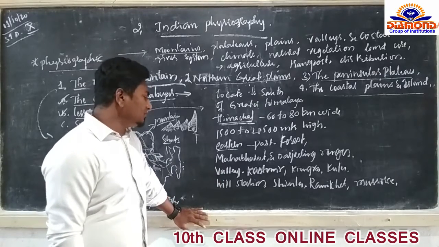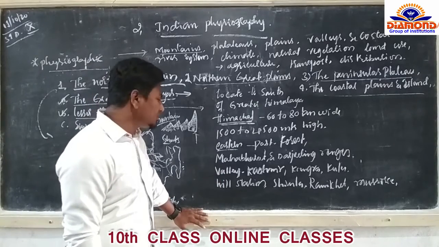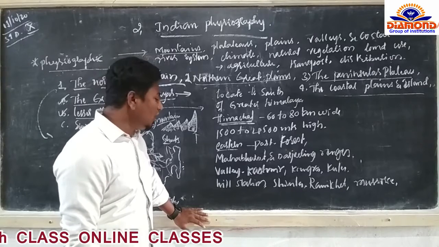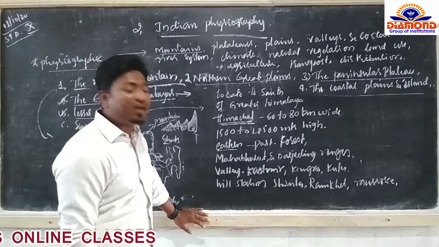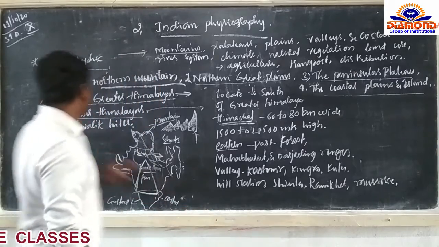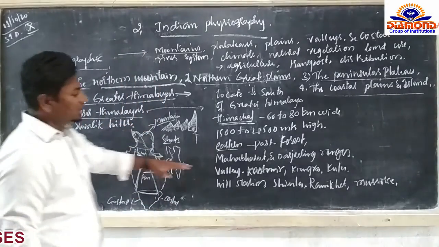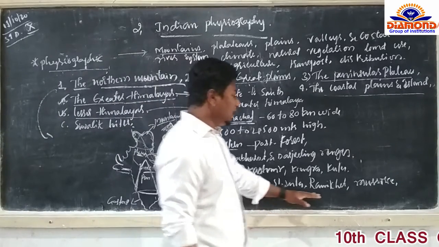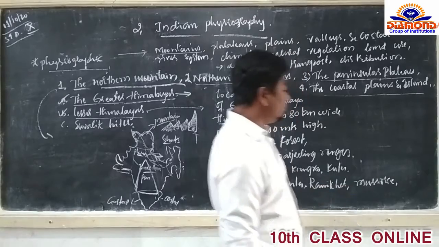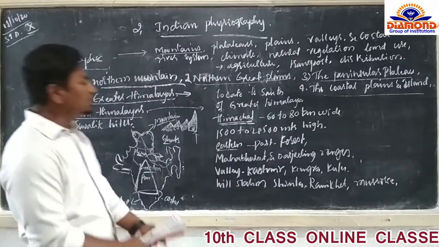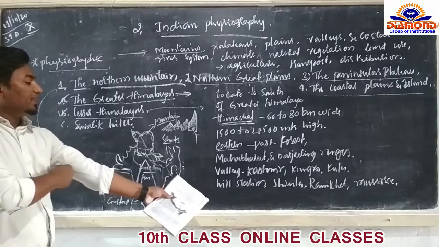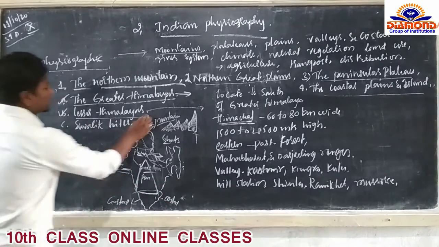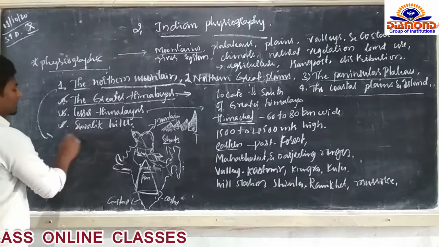And it has some valleys. The valleys are Kashmir, Kangra, Kulu; these valleys consist of the lesser Himalaya ranges. And there are other hill stations such as Shimla, Ranikhet and Mussoorie. These are the hill stations which belong to the lesser Himalayas. And finally we come to see the